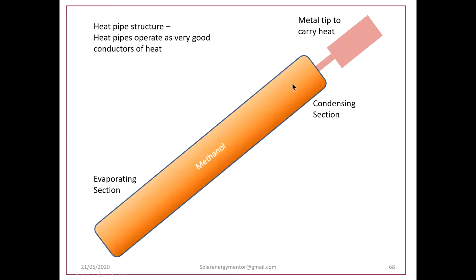So this capability, this characteristic of phase change material, is made use of in heat pipe building. Now if, instead of absorbing heat at this point, you provide a metal tip here, heat will be transferred to this fin and the metal tip here. Now if you provide a heat absorbing environment here, then it will absorb the heat and the process of heat transfer will continue. So this is the general operation of heat pipes. It operates as a very good conductor of heat.